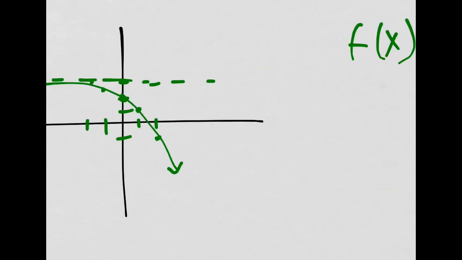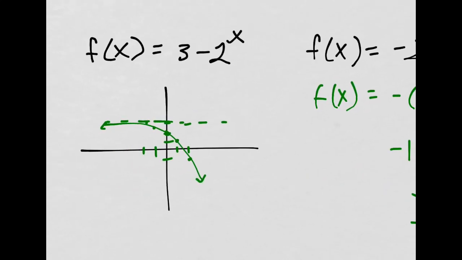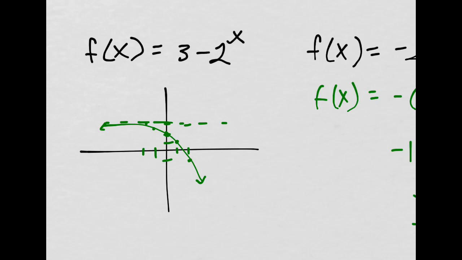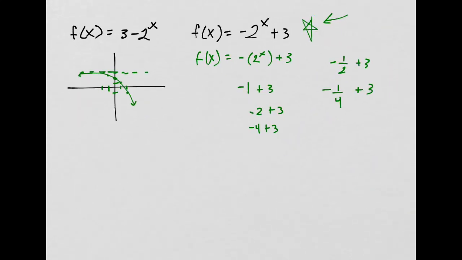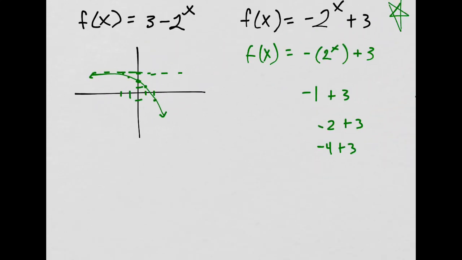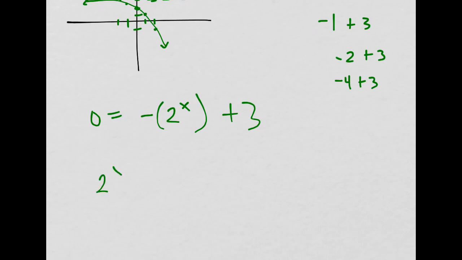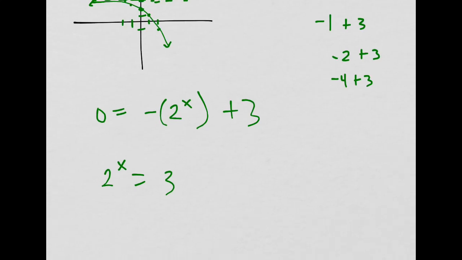The zero is where it crosses the x-axis. Normally, if you want to find the zeros of a function, which are the x-intercepts, you make y 0. So let's try and solve algebraically for that zero. Let's see what happens. This is not part of the problem. You're not required to do this, but I want to see. So then we have this plus 3. I'm going to add the 2 raised to the x over to the other side. So then I get this, and if I want to get the